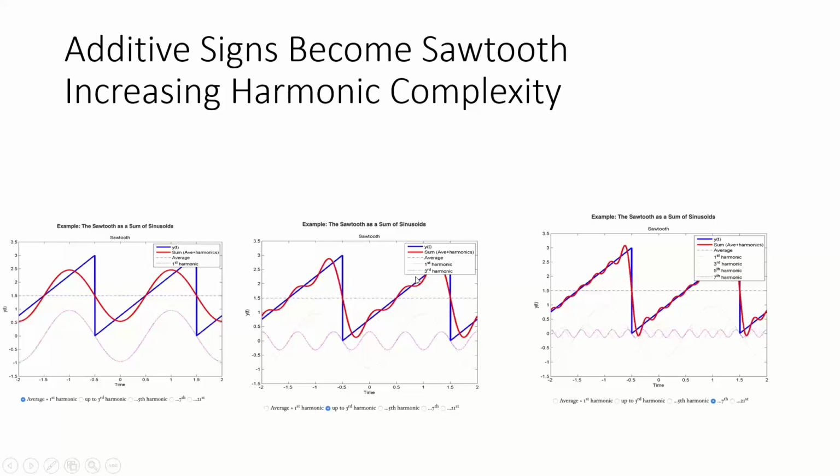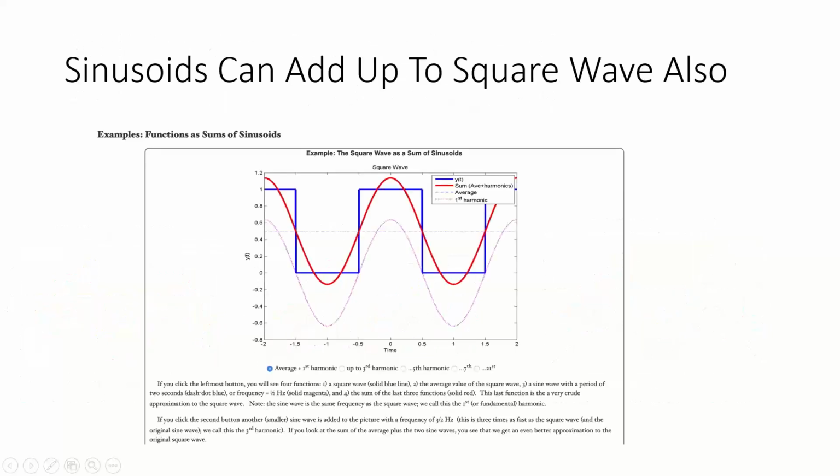And you can do this mathematically. You can look at the sine and cosine and add the harmonics. And as you add the harmonics, look at how the wave shape starts to look like a sawtooth wave. That creates a noisy mess. Your sinusoids can also add up as you add content, and you start to see square wave, which is very noisy as well.